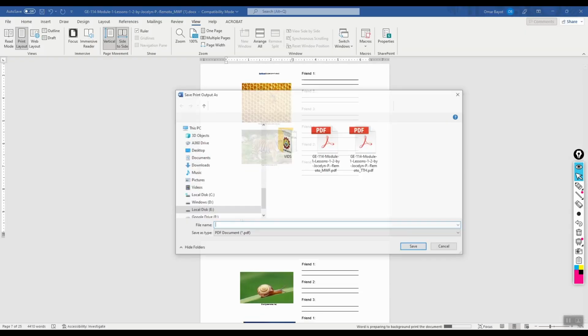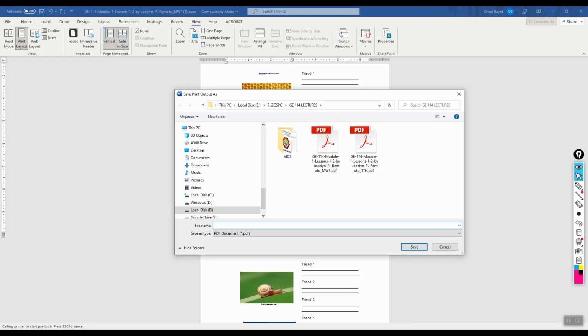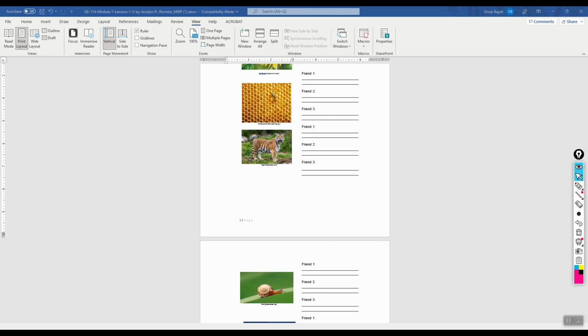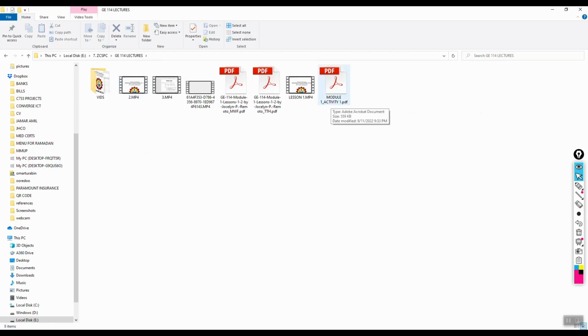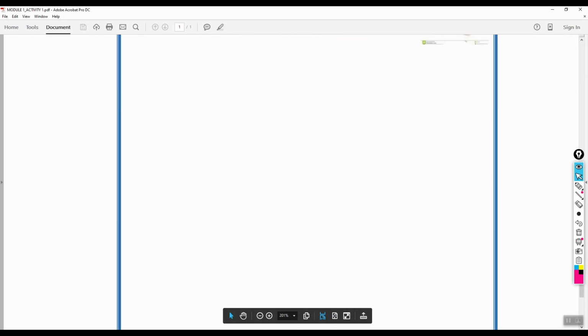So let's print and then put it on your destined folder. You will type here activity. What activity is this one? Place here module 1 underscore activity 1 and save it. So in your destined folder, you will see here this one, module 1 activity 1. So if I'll check,